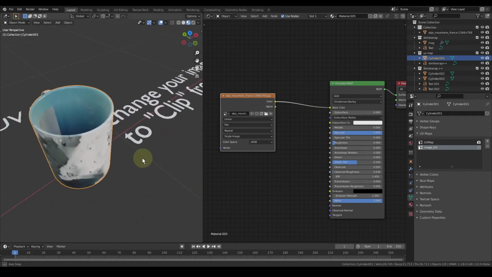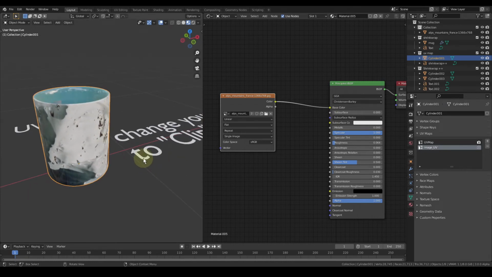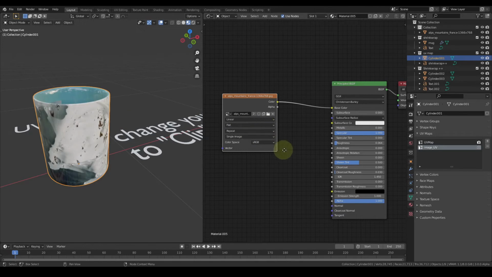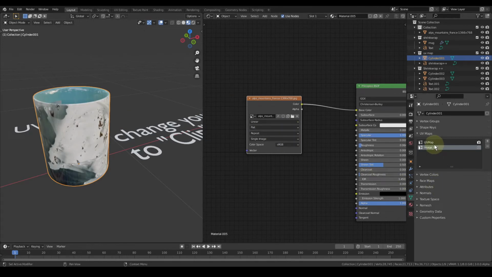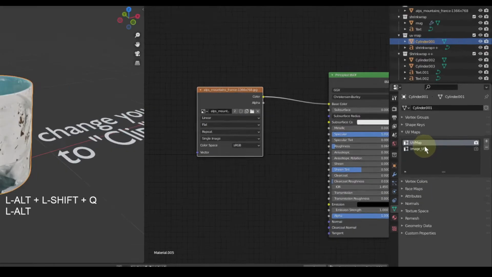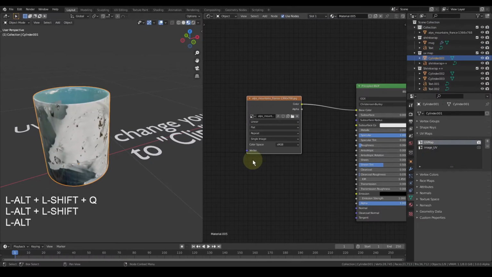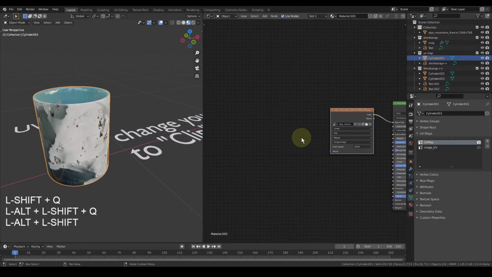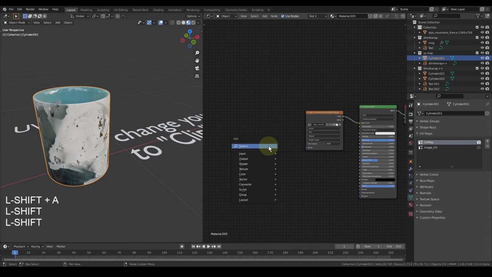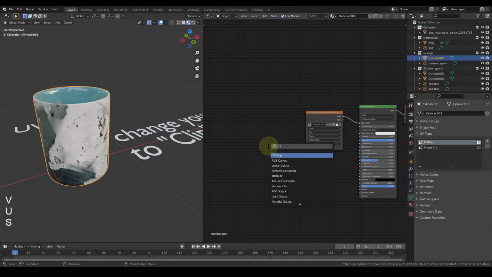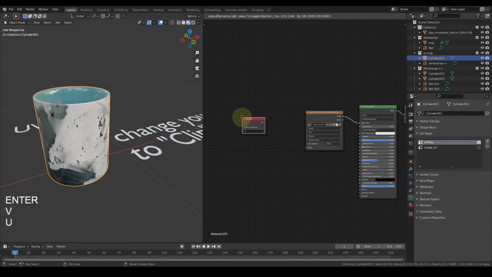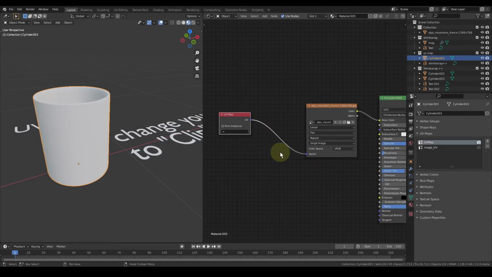Okay, so currently what is happening is the image is being applied to the mug and it is using the default UV map, not the map that we made. We'll have to specify for Blender that we want to use the image UV. For that, press Shift A, search for UV map, place it here and plug it into vector.